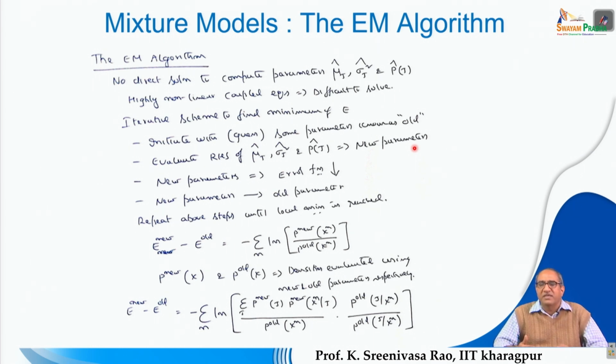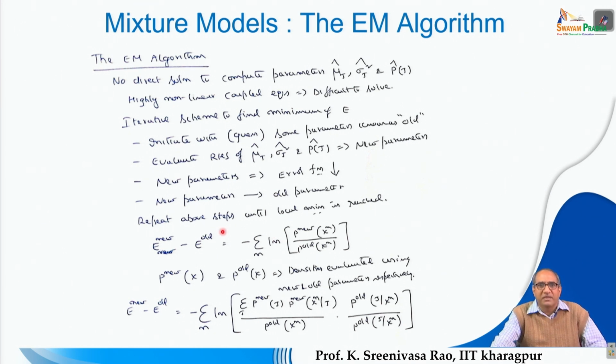If the error is decreasing, then use those parameters as the old ones and try to estimate the parameters again, reiterate. These steps will keep repeating until the error is decreasing, and wherever the error is not decreasing much, or the decrement in the error is not significant, at that time we will stop. Whatever parameters we have at that time are the optimal parameters of the given mixture